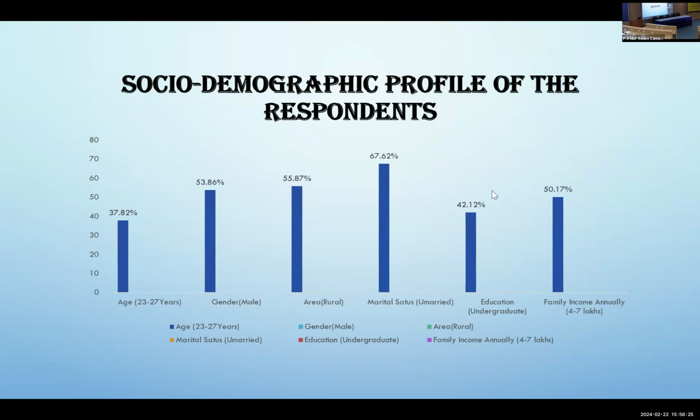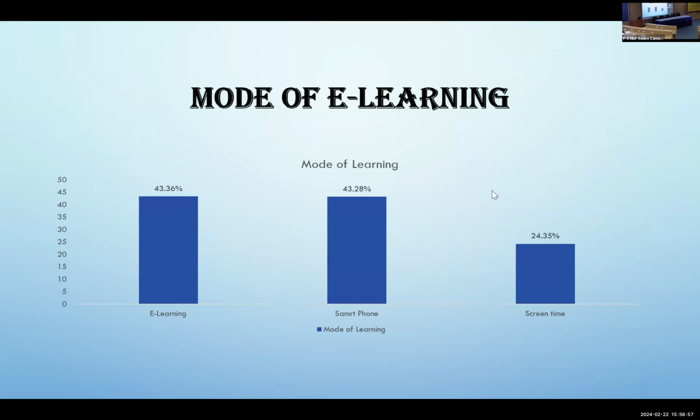Now coming to the results, when we look at the socio-demographic profile, most of the students who were interviewed, the e-learners, were from the 23 to 27 age group, and most of them were male, and 55.87% were from rural areas. When we talk about marital status, 67.62% were unmarried, and 42.1% were undergraduates, and their family income ranged between 4 to 7 lakh rupees. Now coming to the mode of learning,